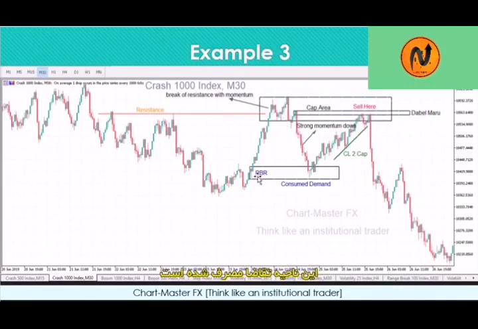So guys, this demand has been consumed. So maybe you would put your safest take profit, I think somewhere here. That's where you put your safest take profit, guys. And maybe leave some of your trades to run. I don't know where you would leave the market here. So if you understand the